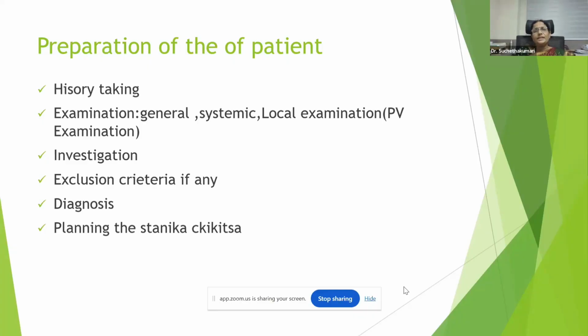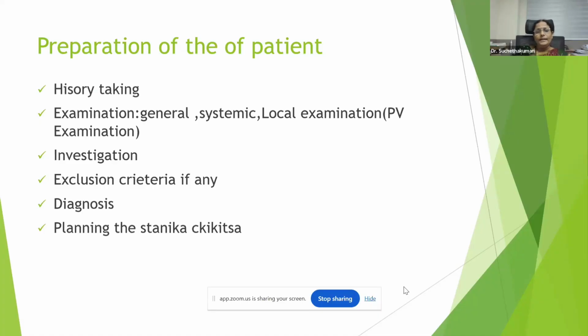So, when we have to advise Sthanika Chikitsa to the patient, first of all, the first line of treatment has to be followed. That is the Shamana has to be followed. And if by the Shamana the patient is not getting any relief, then we may go for the Sthanika Chikitsas. In the Prasuti and the Streeroga, especially in the Streeroga, as we know, the treatments are Shamana, Shodhana, and the